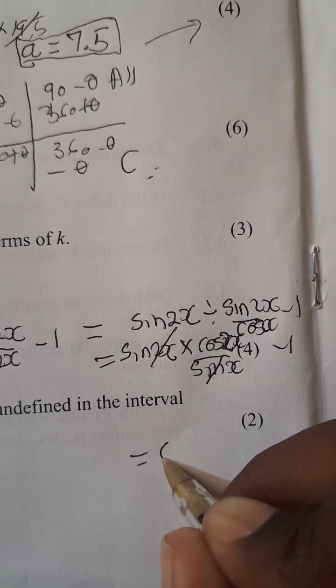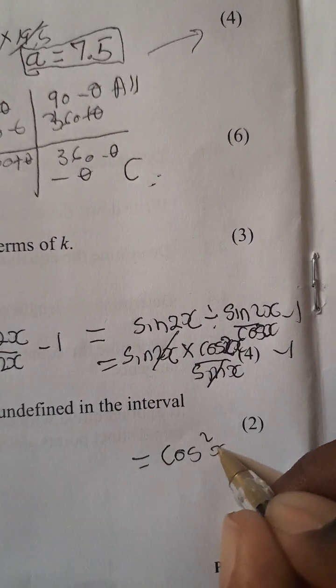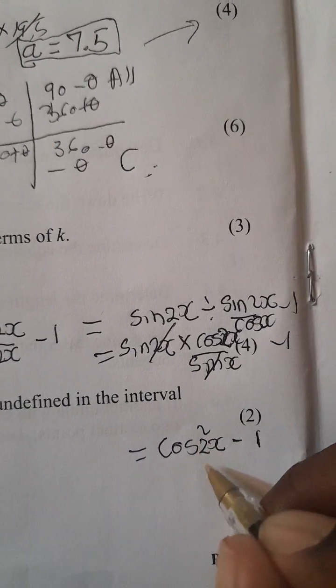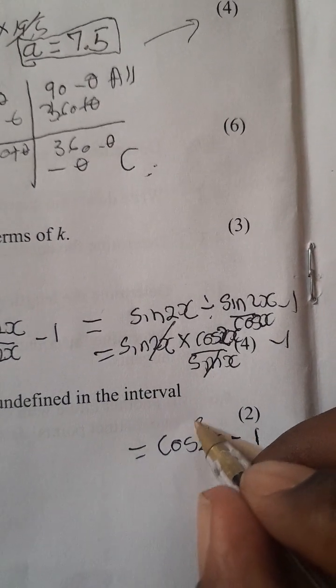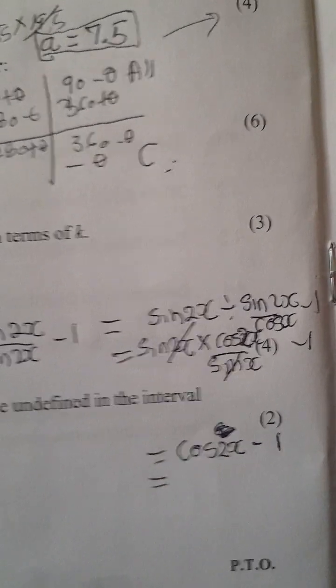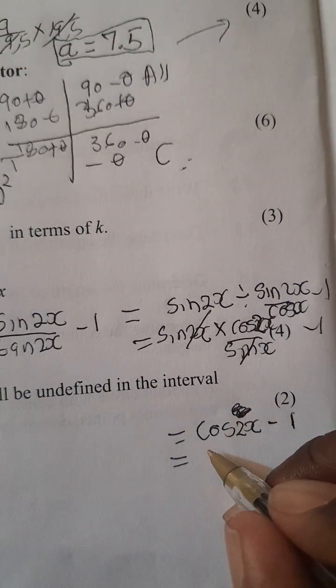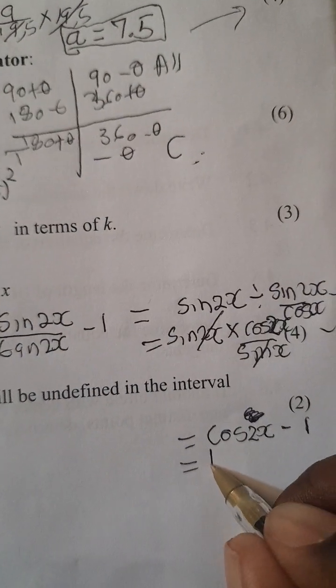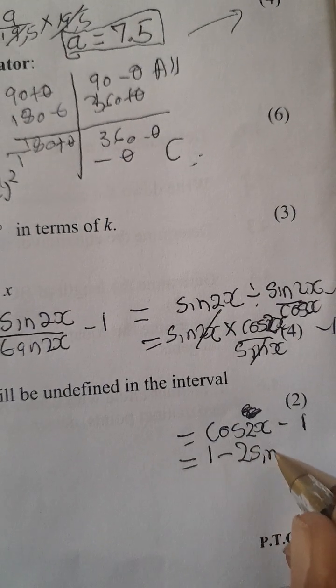Then we are left with what? We are left with cos 2x minus 1. We could change this into a double angle of sine, because we want sine here. So we could just say 1 minus 2 sine squared x